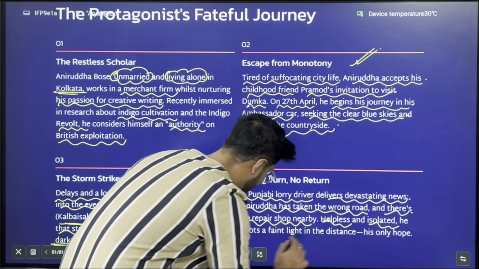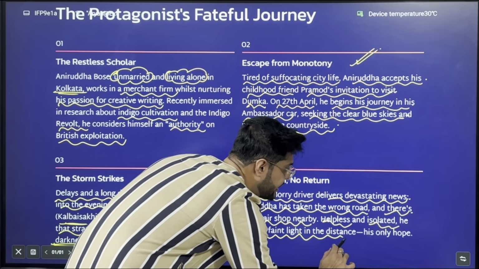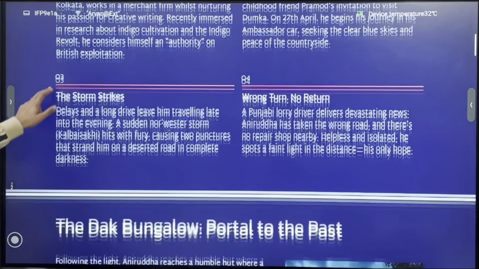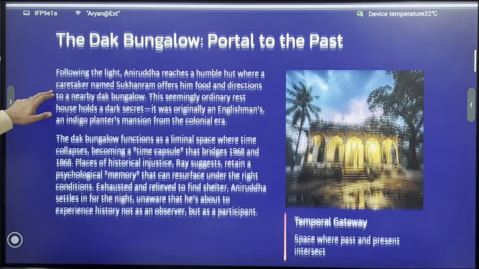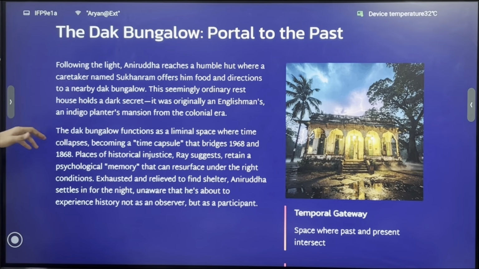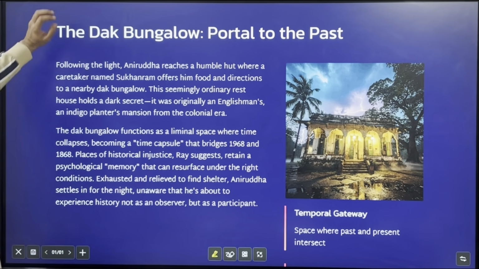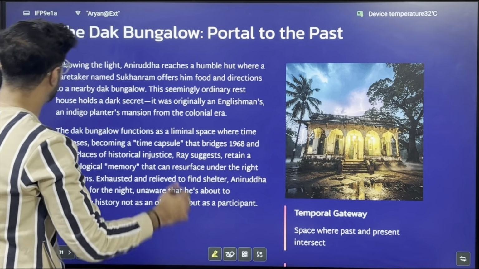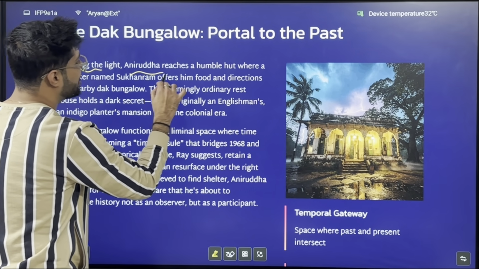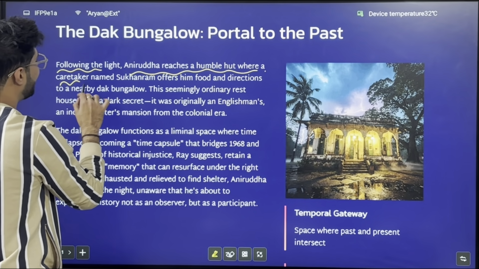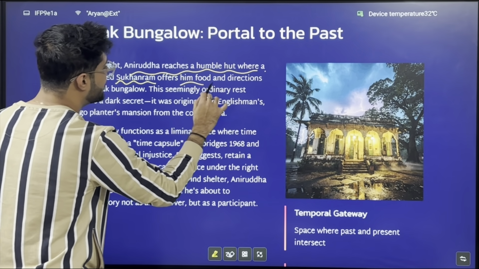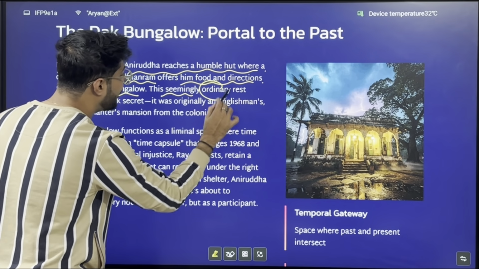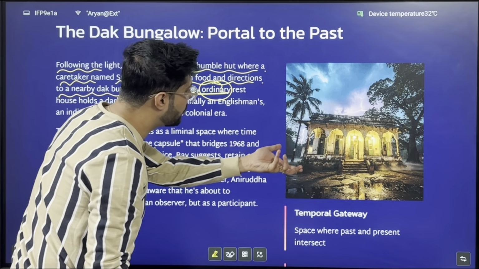Helpless and isolated, he spots a faint light in the distance, his only hope to get past that particular night. There comes the dark bungalow, a portrayal of the past. Following the light, Aniruddha reaches a humble hut where the caretaker named Sukhan Ram offers him food and direction to a nearby dark bungalow. It seemed a very ordinary sort of bungalow,